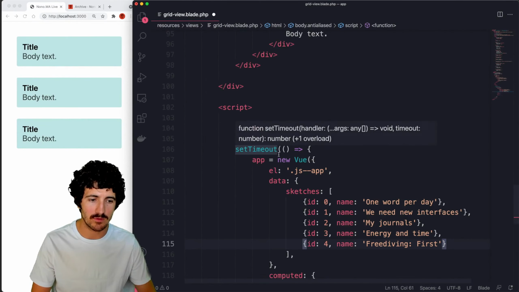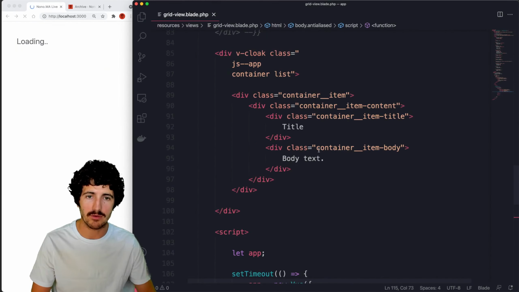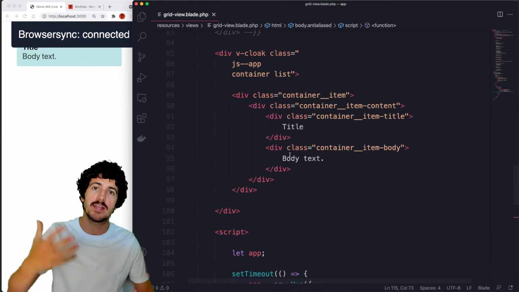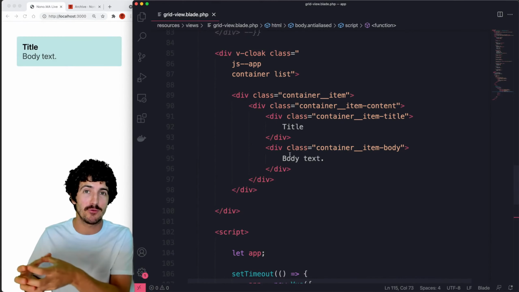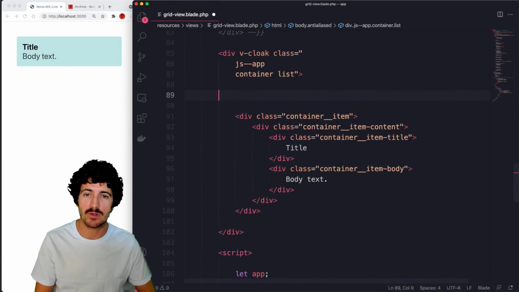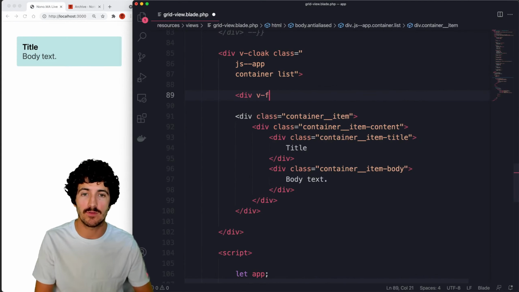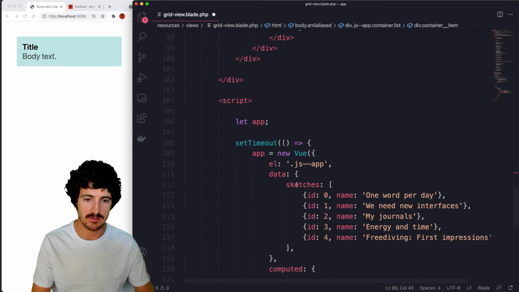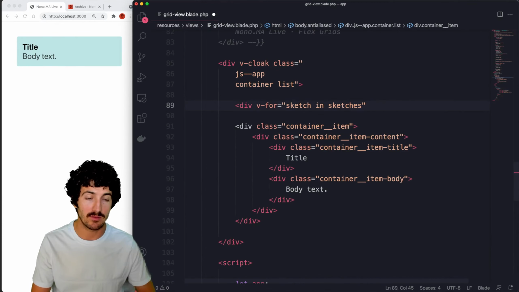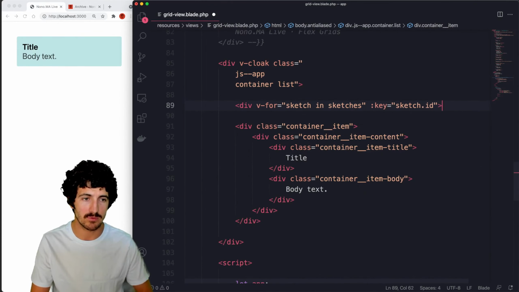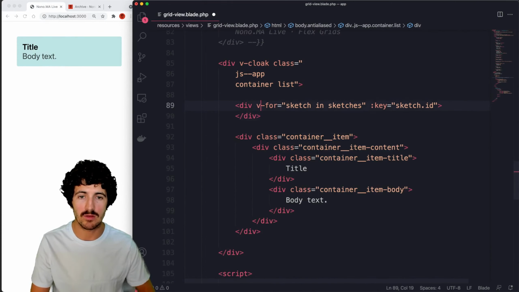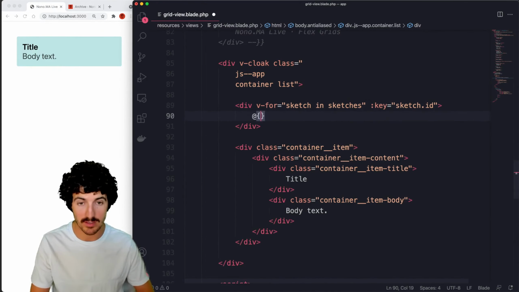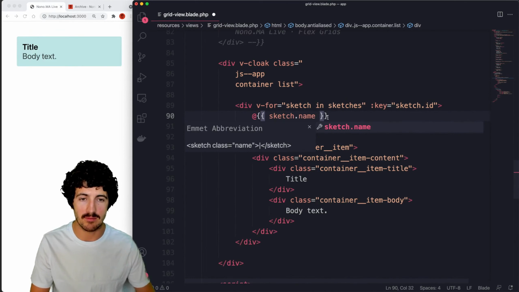What we're trying to do is not to have to manually put every item here, but generate them based on the data that our Vue application has, right? For that, we're going to put here a div. We're going to say v-for, and this is a Vue helper, v-for sketch in sketches. So this is the sketches data property. And we're going to put here that the key is going to be the sketch.id, which we have defined before. We're going to create a new div, and the only thing we're going to put here is the sketch.name property,